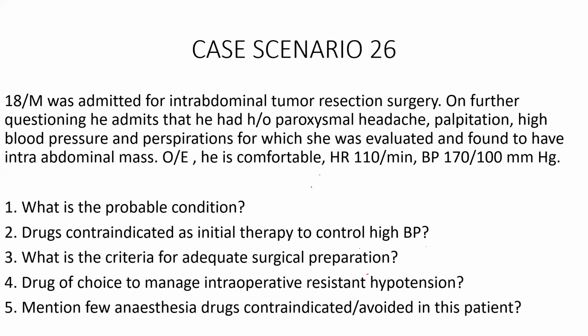So you have to put the patient on alpha blockers. Establish the alpha blockers for a minimum of 2 weeks. After 2 weeks of alpha blocker therapy, the patient will have a full-blown alpha blocker establishment. So once alpha receptors are completely blocked, then you can start a beta blocker for hypertension.